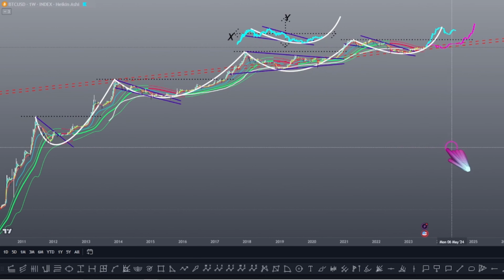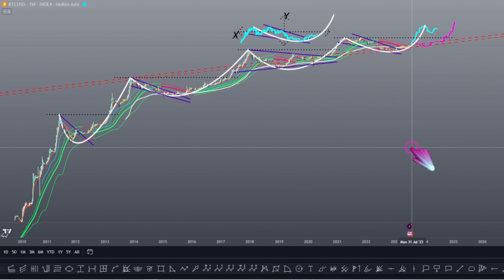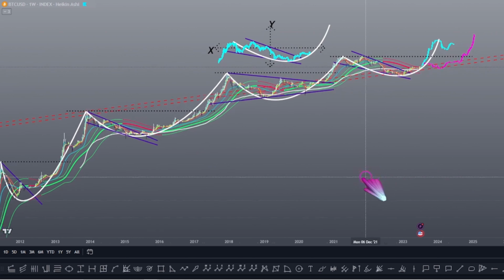But just imagine that Bitcoin is like a piece of paper moving through a hollow logarithmic cylinder, and the white curves are, if you were to spiral a coil around the surface area of the logarithmic cylinder, and it acts as a tangent curve throughout the entire progression of Bitcoin's price, and it specifically runs tangent to the absolute highs and the absolute lows, as I have pointed out on here,